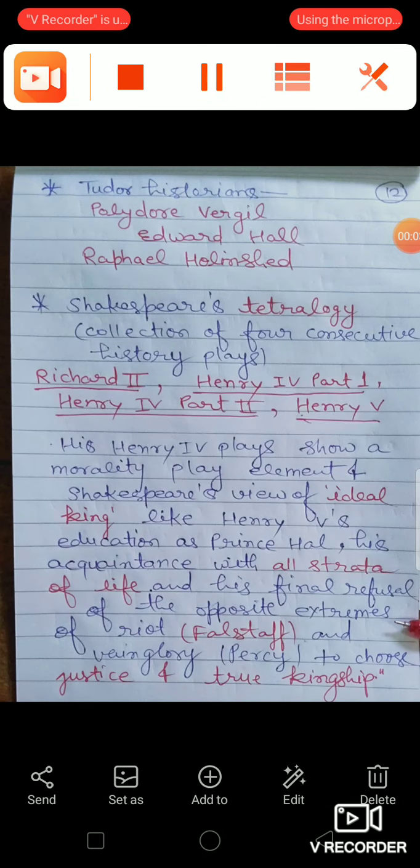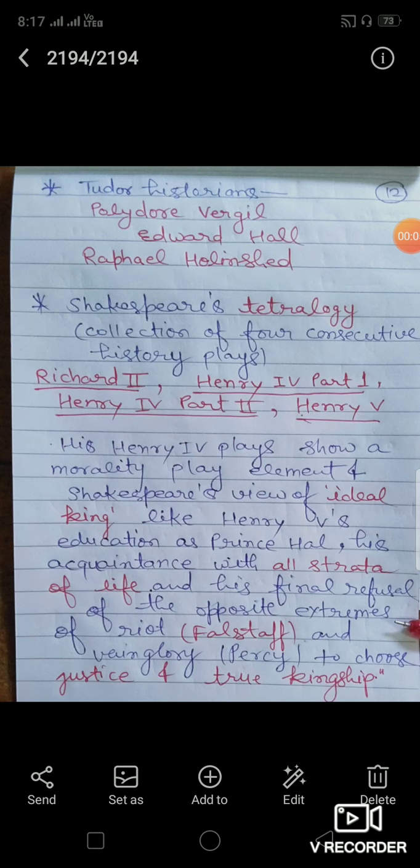When we talk of Shakespeare's history plays, we know very well that he took his plots from several chronicles as well. So we need to know the names of historians of his era. Tudor historians. Tudor is concerned with the dynasty of that era. So Tudor historians are